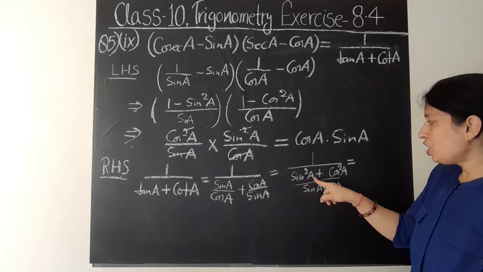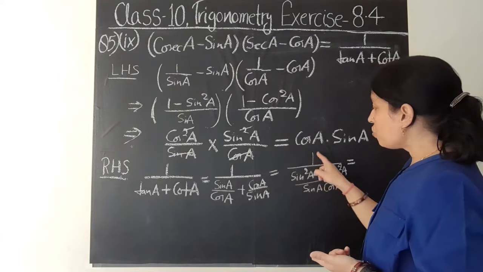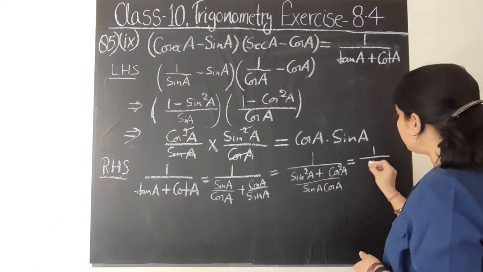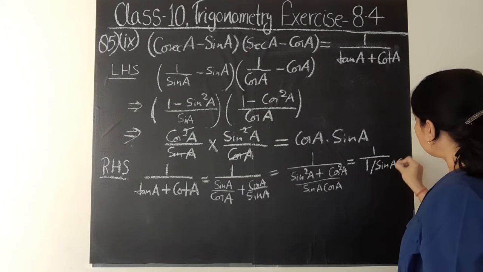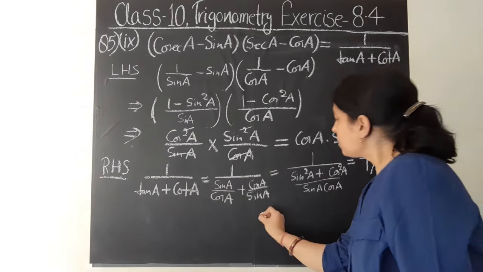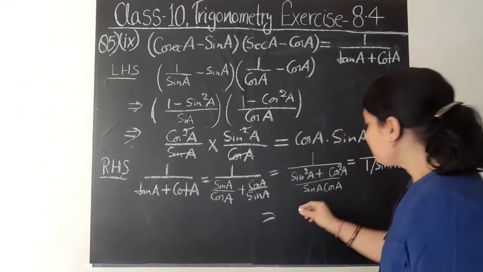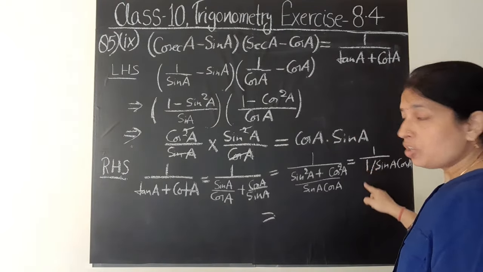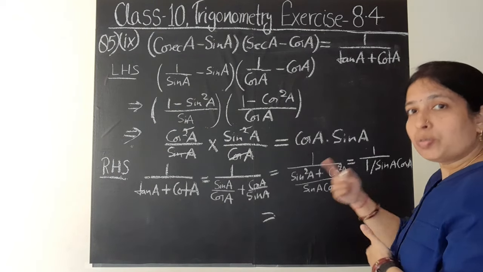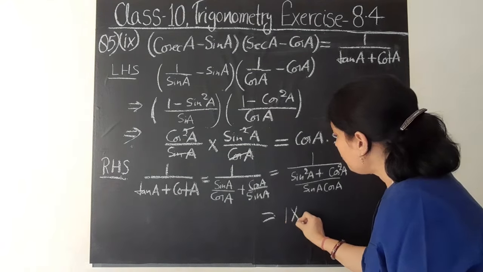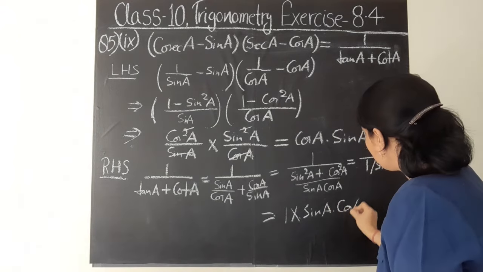1 divided by sin square a plus cos square a. Sin square a plus cos square a is equal to 1. So 1 divided by, you can write 1 divided by, this one is sin a into cos a. So from here you can write, here it is 1 divided by 1 by sin a into cos a. So where will sin a cos a go? It will go up. Why? Because when we divide whole number 1 by any fraction, we invert the fraction and it becomes multiplication. So 1 multiplied by, you can write sin a into cos a.